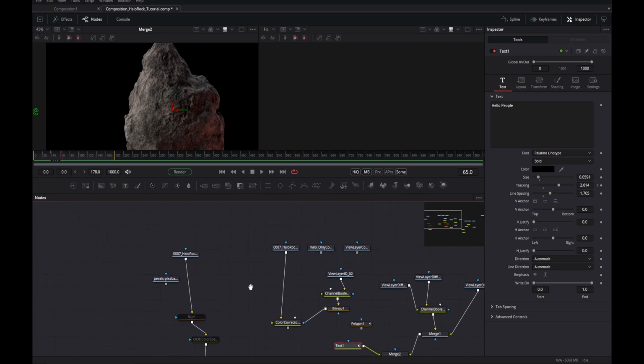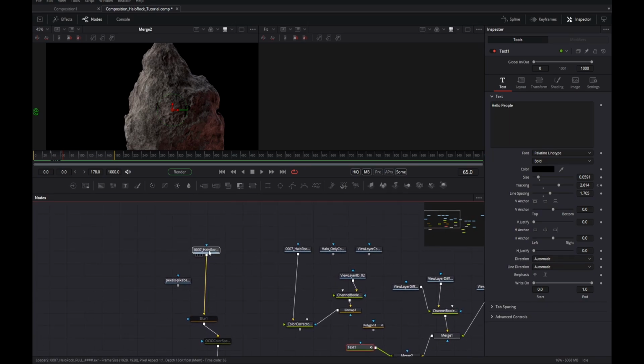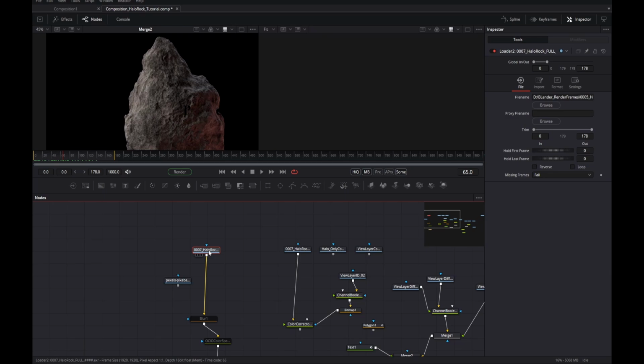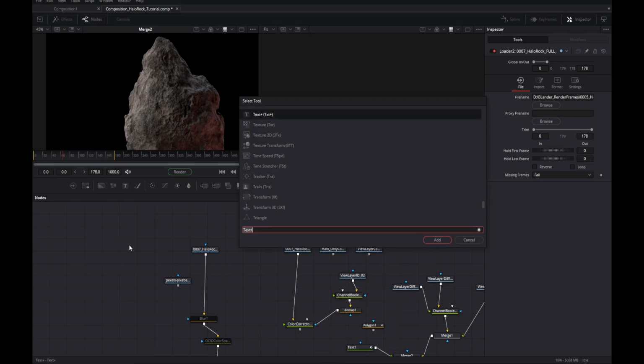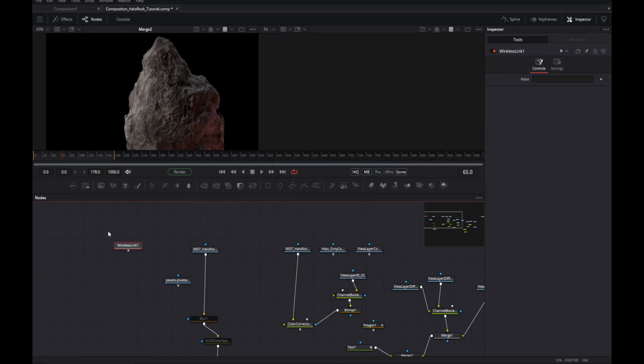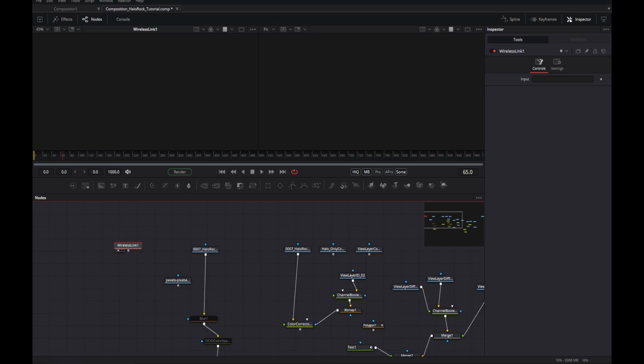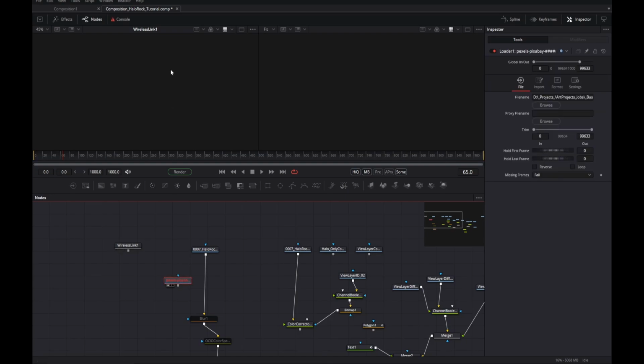So if you work in Nuke, you'll probably be familiar with the postage stamp. Wireless link works very much like that, but in a slightly different way. So let me pull that up. Wireless link. So when you go to look at it, there's nothing there. That's because you have to put an input in there. This input could be anything. It can be